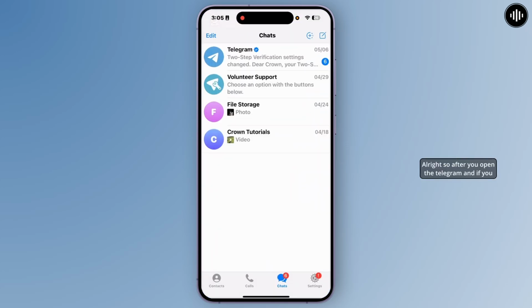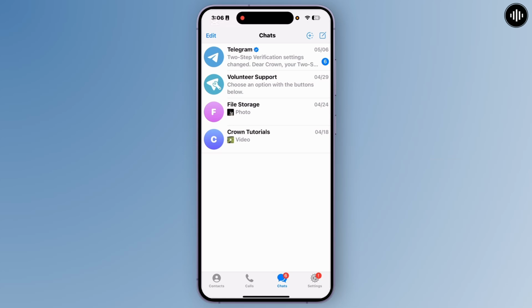Alright, so after you open Telegram, if you are finding an error message like "you can't message the contact, only mutual contact can message this contact," this means that the person you are trying to message has restricted messages to mutual contacts, so you are not in their contacts, or in some cases they are not in yours. Sometimes your own privacy settings may be the cause of these problems, so to fix that you can manually